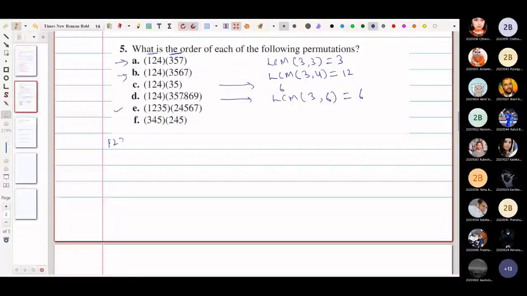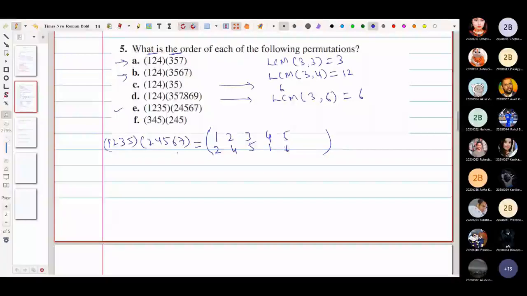Let us write this: 1, 2, 3, 5, and then we have 2, 4, 5, then 6, 7. Okay, so to write them as disjoint cycles, we need to find the product. You know how to find the product. So let us see. 1 is not there, so 1 is fixed. 1 goes to 2, and 2 goes to 4, 4 is fixed in the left. Then 3 is not there, so 3 is fixed. 3 goes to 5,